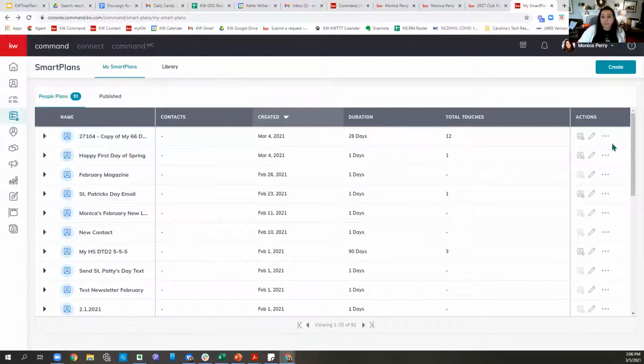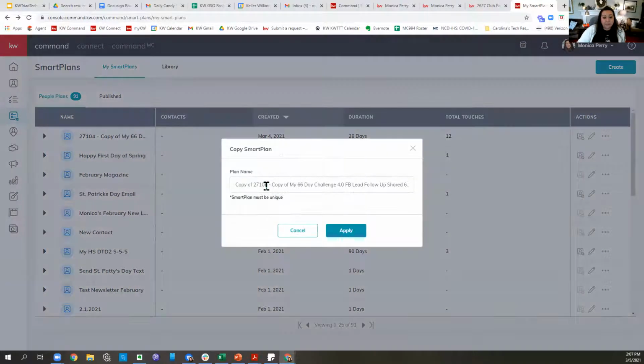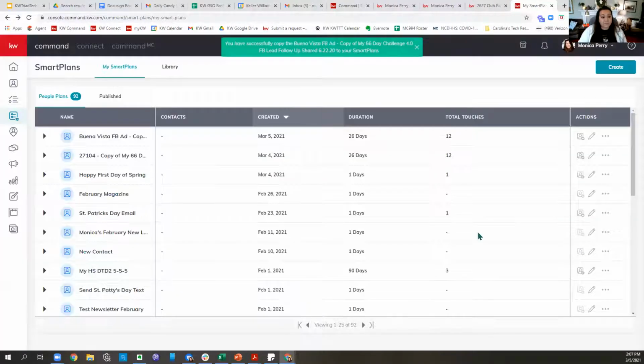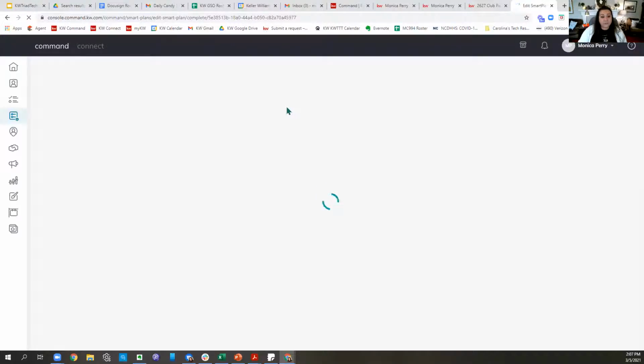But if now I'm going to run one for a neighborhood, I can actually click the 3 dots, make a copy, and say that this is my Buena Vista Facebook ad. Because I'm going to show you guys how to run a neighborhood-centric Facebook ad later today, and so we can apply that. It's going to keep all those steps in place, and then we would just come into our pencil